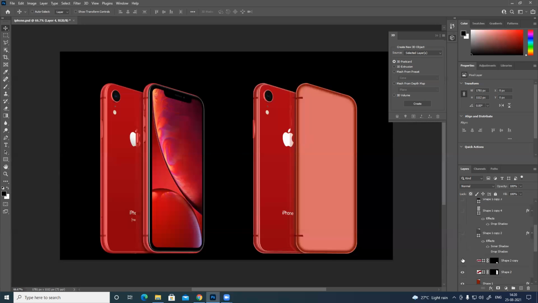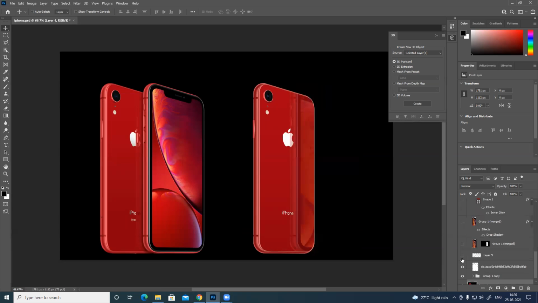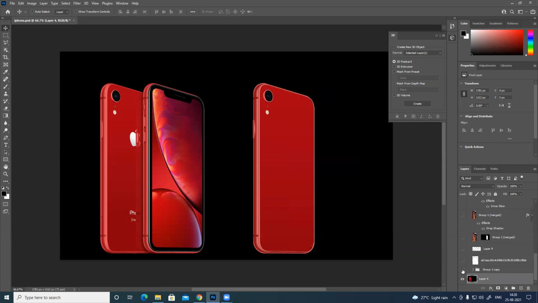See, each and every part separately. So everything separate. You can generate all these things nicely.